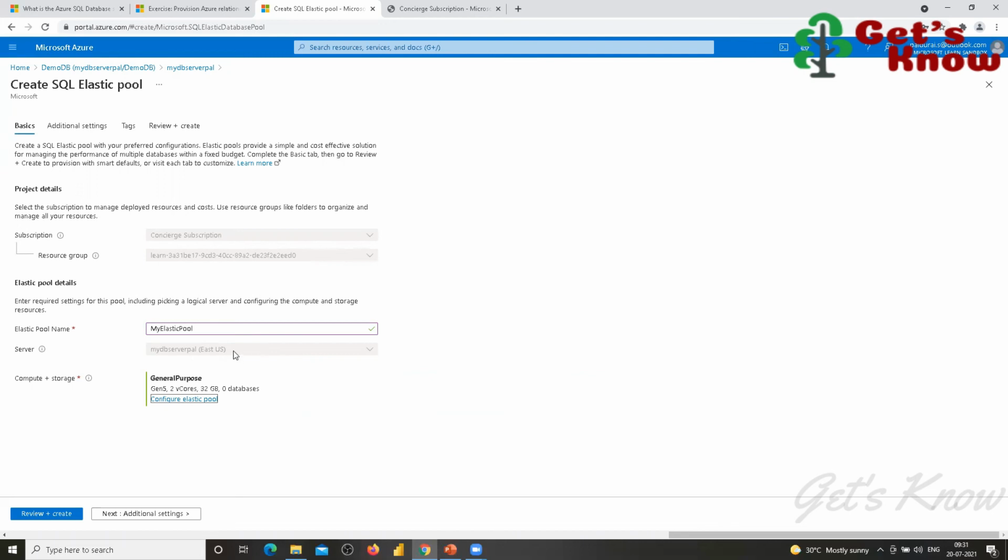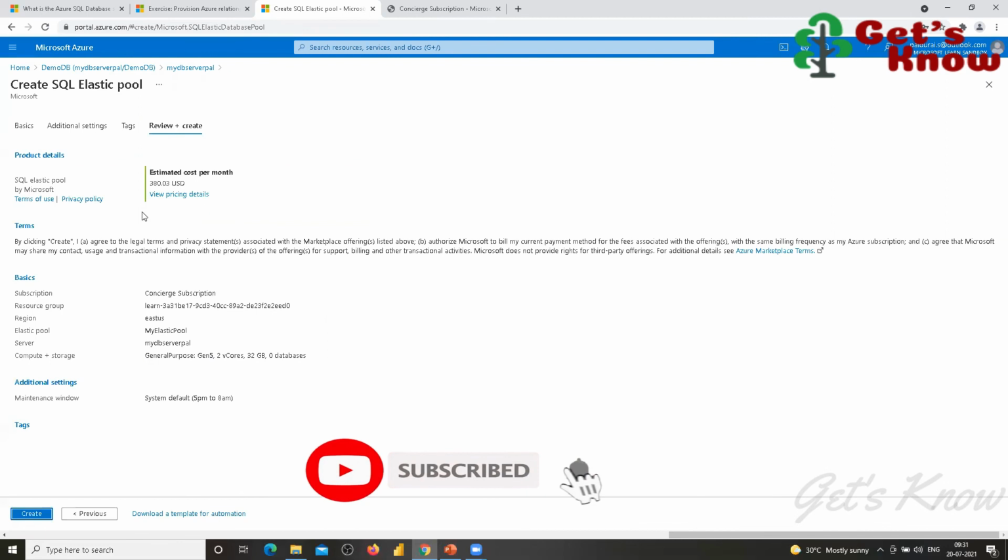Then the server name. This is the server name, selected by default. Under this server only we are creating this elastic pool. Then review and create. The rest of the things are common, just click.